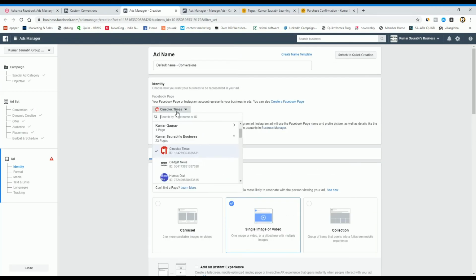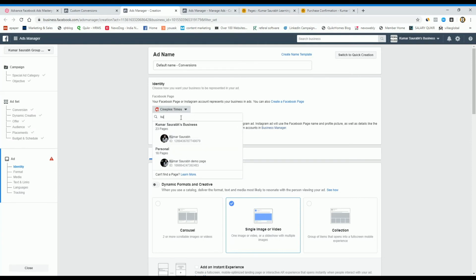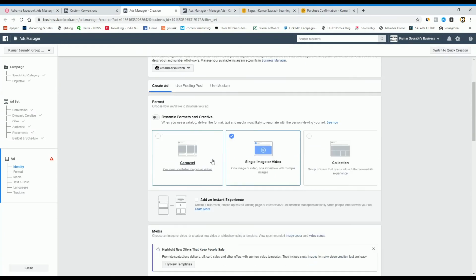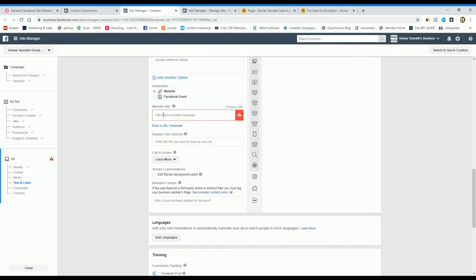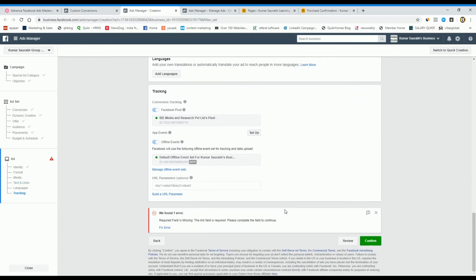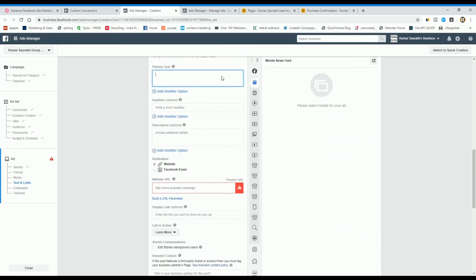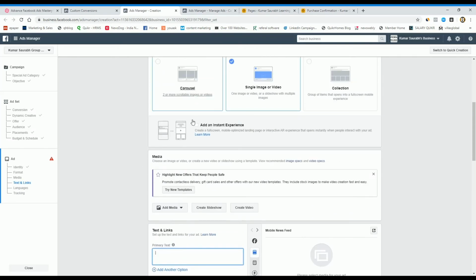Then I select my page. Then you have to put the text here, then your website URL, and confirm it. After getting approval from Facebook, this ad will start.